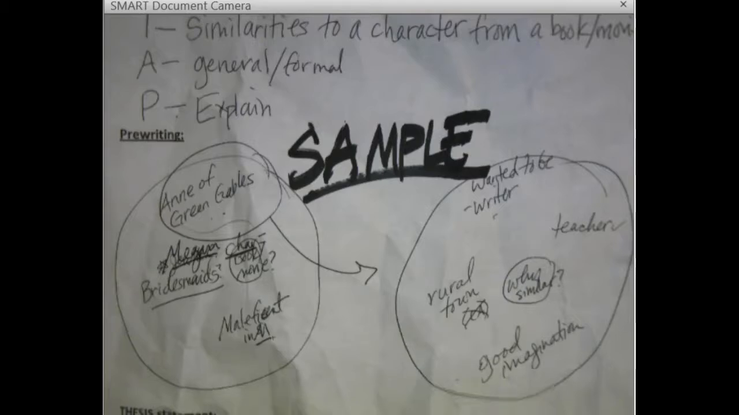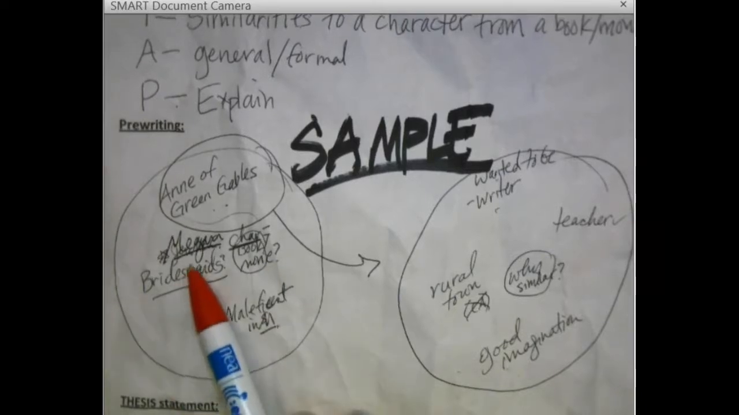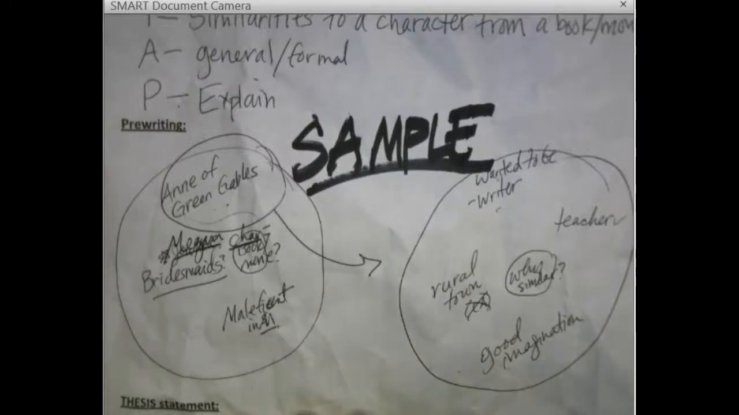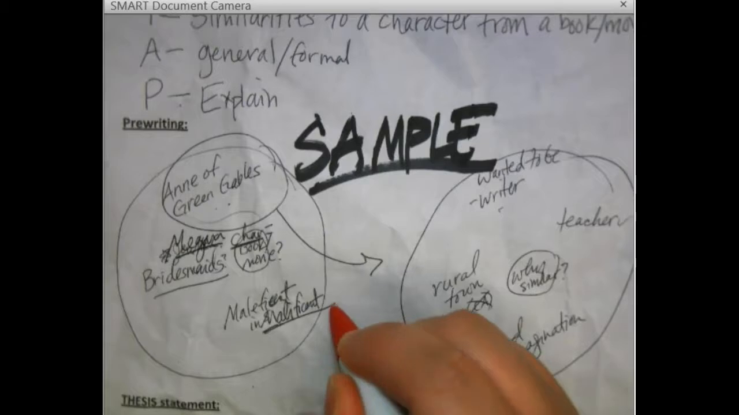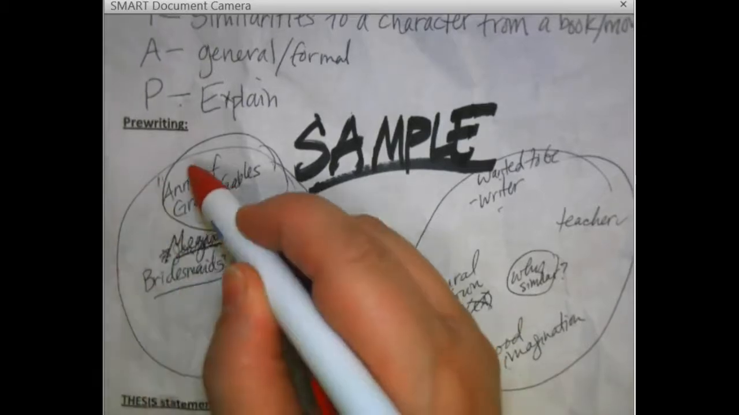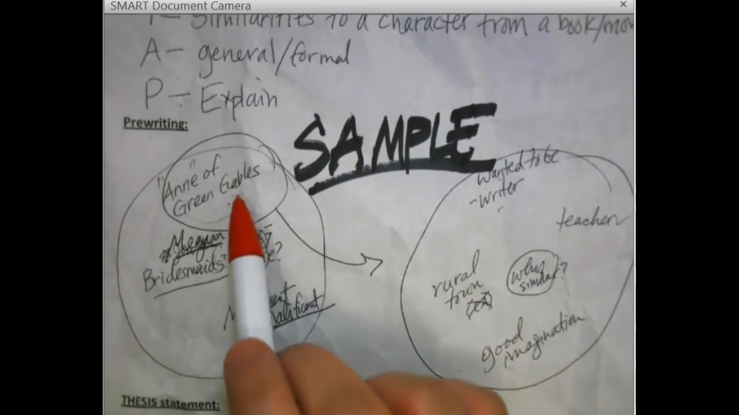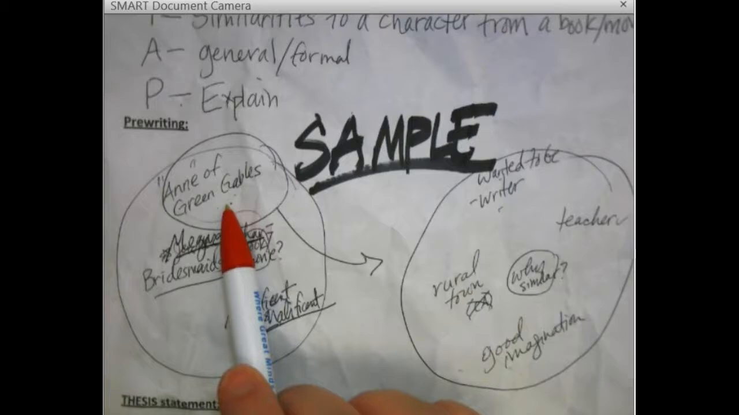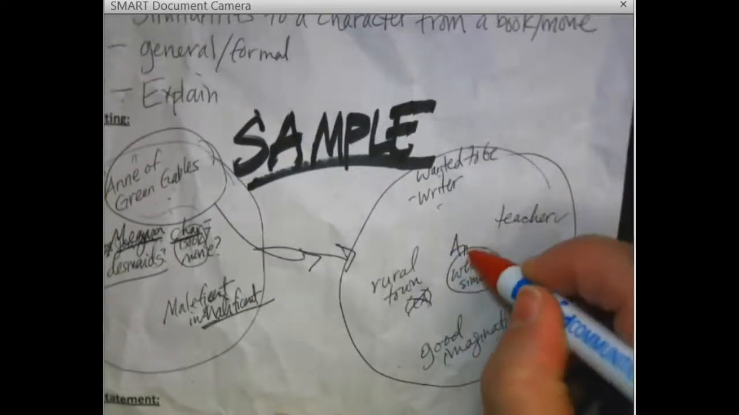This is my example. When I think about characters from books or movies whom I may be similar to, I think about, weirdly enough, that Megan girl from the Bridesmaids movies. I think about the character of Maleficent in the movie Maleficent, not Sleeping Beauty, where she kind of gets a bad rep. And I think about the character of Anne from the books Anne of Green Gables, which I read like all the time as a kid. And if I were going to pick one to write about, I'd probably pick her because it's a little more positive. So I'm going to pick Anne of Green Gables, and I'm going to say, why am I so